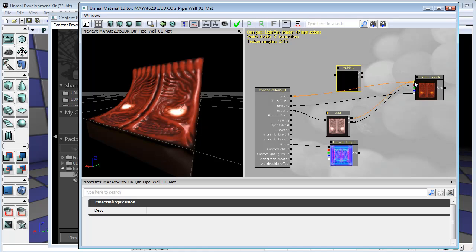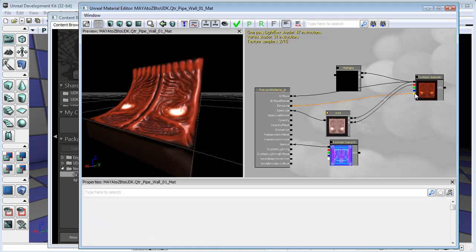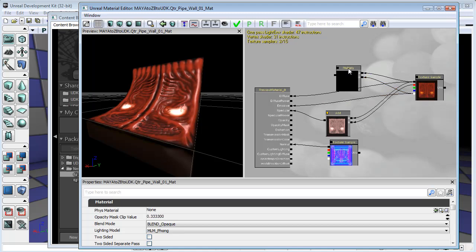Now if we take the color and multiply that by the alpha, switch on preview, you can see that we've actually got those orangey yellow eyes as the only things that are visible. That's because everything that is black in this texture will remain black. Anything that is a grayscale up to white will be multiplied by the background color and will create this color